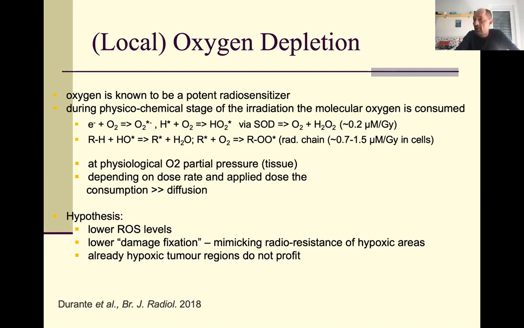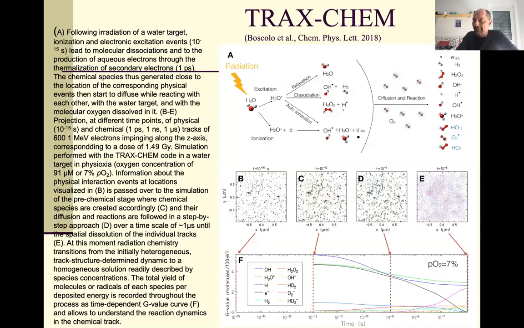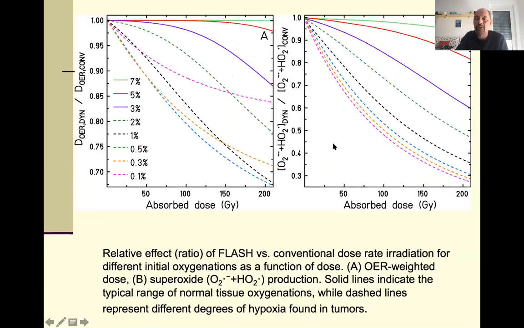So you have lower ROS level, lower damage fixation, mimicking radioresistance of hypoxic areas. And the regions that are already hypoxic, like the tumors, will not be very much affected. So this makes sense, except that, I'm not going into many details here, if you use a code to calculate, this is again a refined Monte Carlo calculation of all the chemical steps in the literature, you end up, you can show,